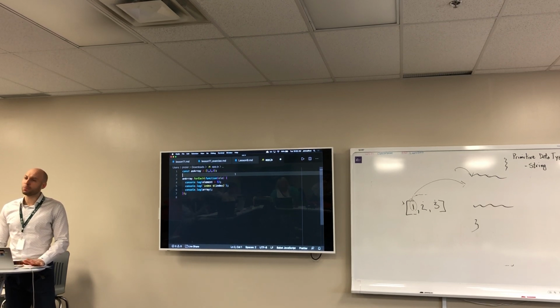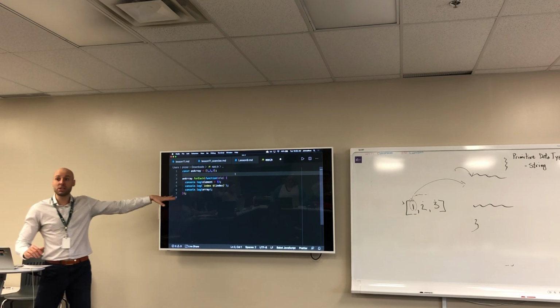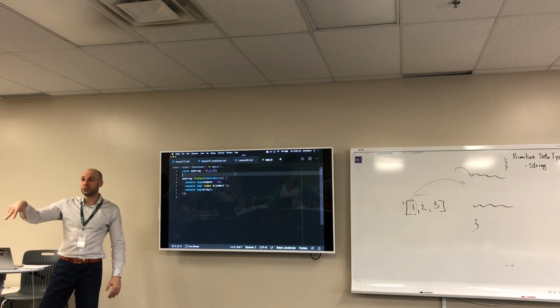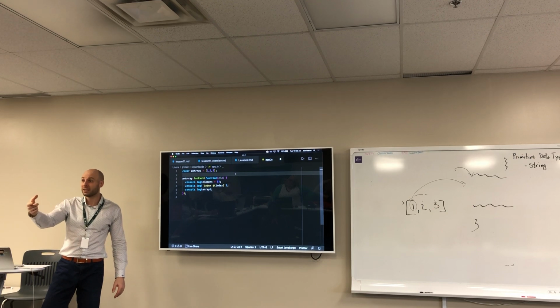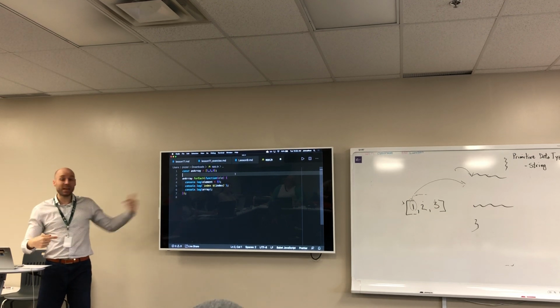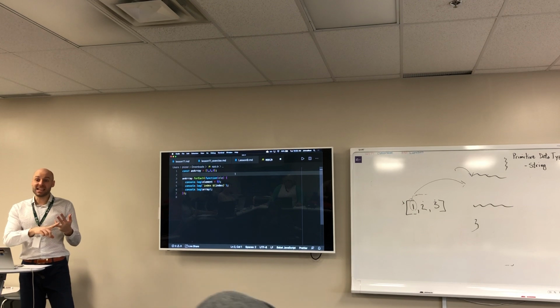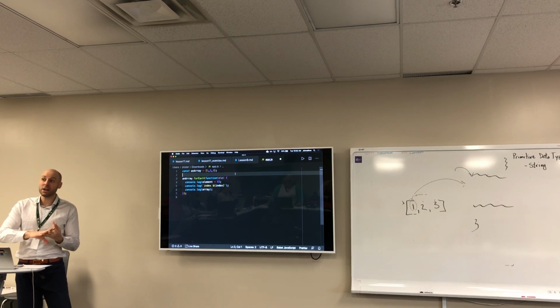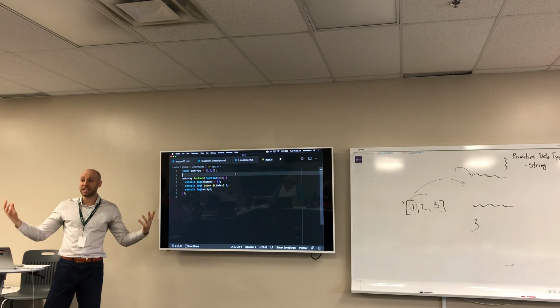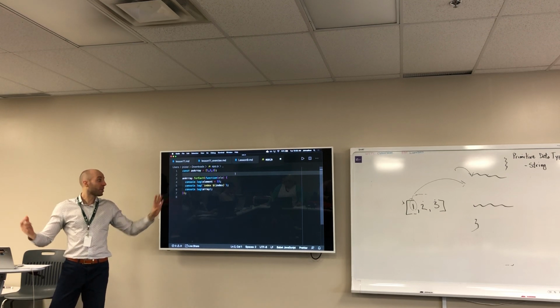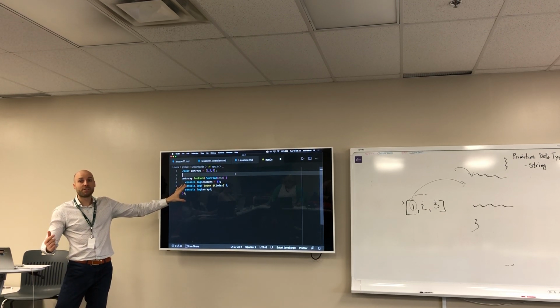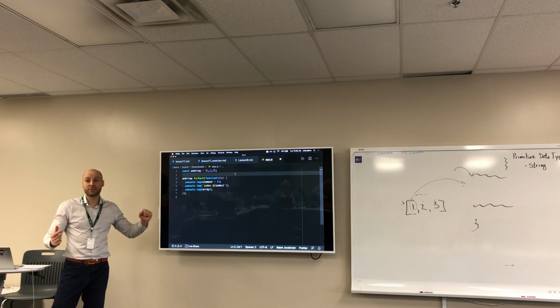So forEach is a super common one, and you can feel free to use that to loop over your array. You're going to use that a lot, honestly, because it's nicer than the for loops. This gives you everything you need. Unlike the for of loop, where you don't get the index, here you get both the element and the index and the entire array. You get all the data you need to do whatever the heck you want. So this is a lot nicer for looping over arrays, for traversing arrays,